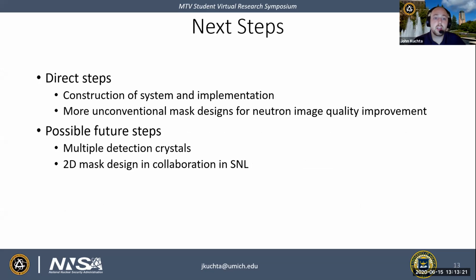And so hopefully, we can construct this very soon. We actually have parts that are being 3D printed right now. So hopefully we can actually get this system built and start doing some testing soon. And I'd also like to make some new unconventional mask designs for neutrons beyond just the variable density mask. And also possibly doing multiple detection crystals, which we're gonna have, which would be like one crystal on top of